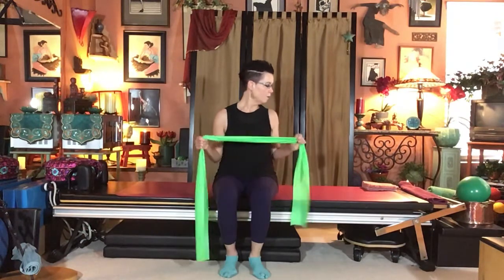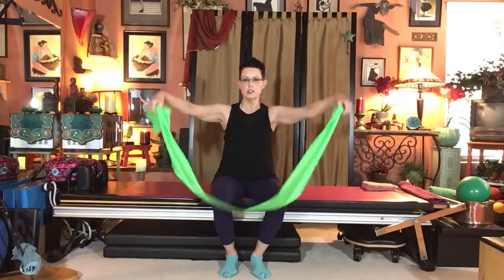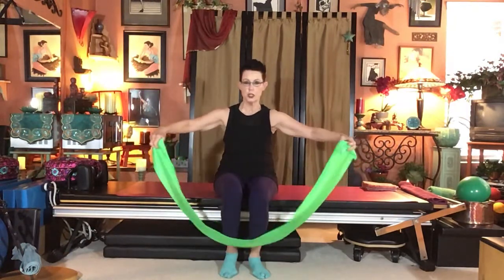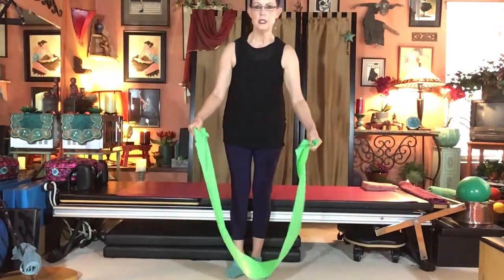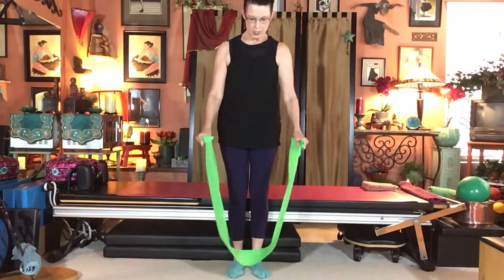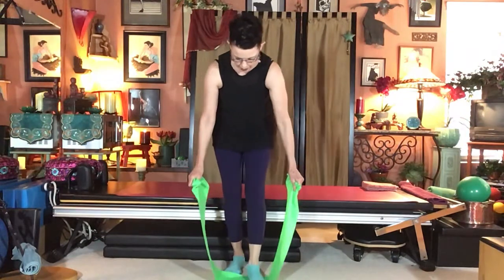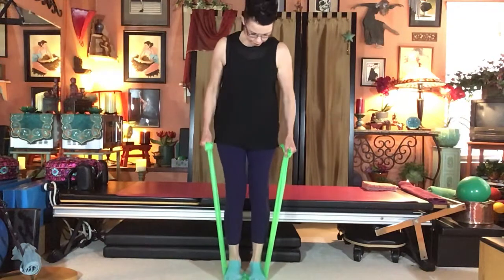All right, now we're going to start standing, and so what you do, I have a fairly long piece of band so that I can use it in a variety of ways, but if you have a shorter band, it should still work. And I'm going to make it in kind of a U shape, scrunch up on the ends to get a little less length, since mine's longer. Then step into the middle of that little U shape with your feet planted on the band